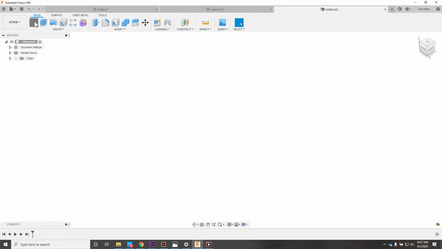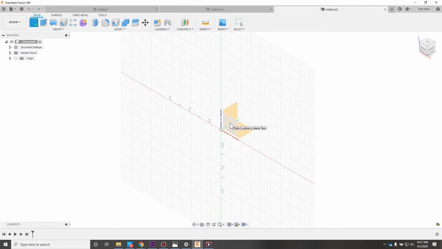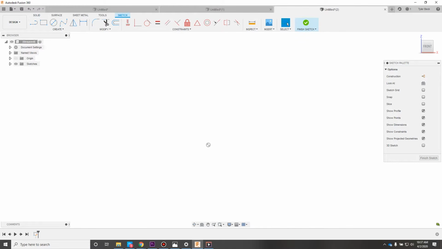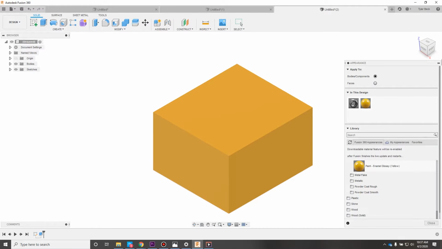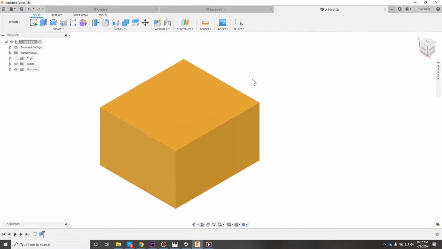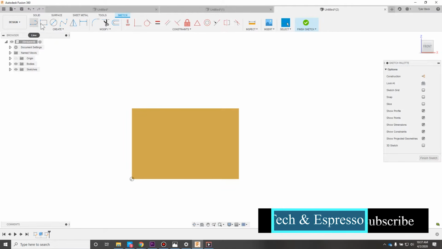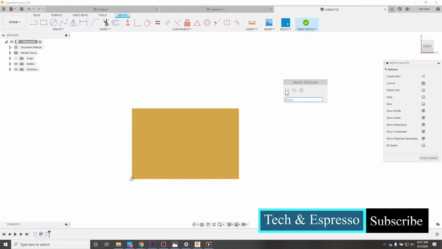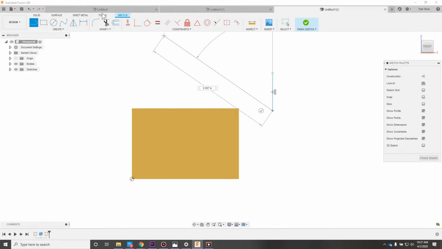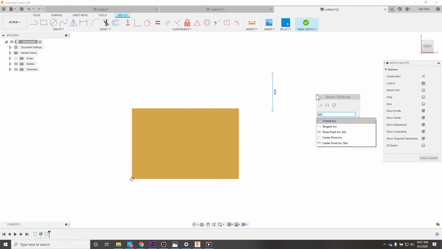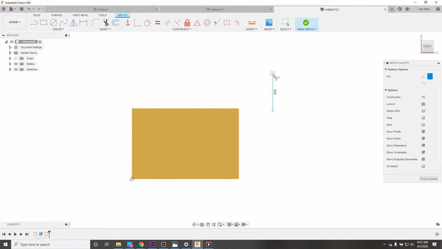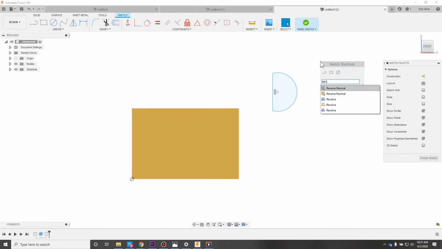Okay, the next thing I want to look at is the remove. So I sketch and build a simple rectangle, and now what I want to do is a brand new body off in space, and I'm going to do a revolve just to have an example. Now this could be a download again or an import from somewhere else, but if you've got another design body like this particular revolve,